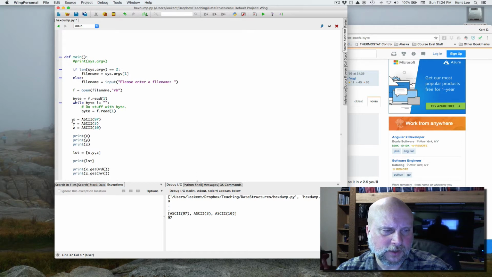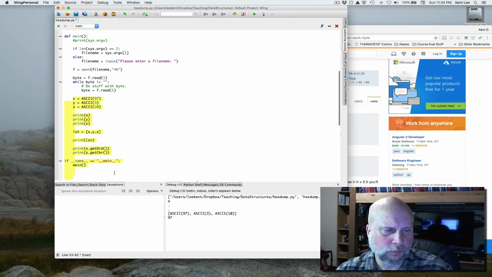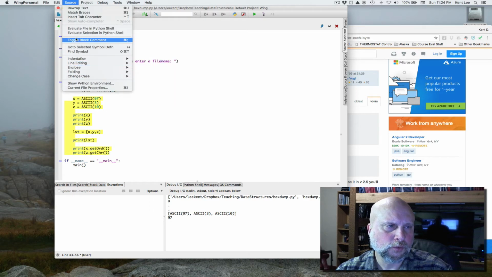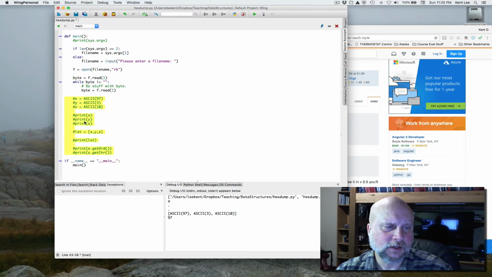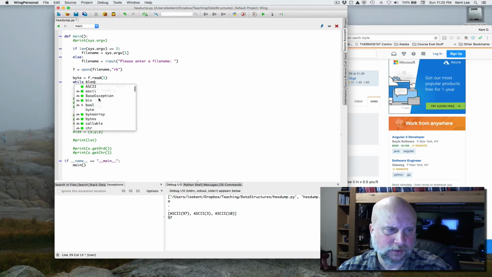I don't want to do this other stuff that I've got in here already, so I'm going to just go ahead and go up to source and do toggle block comment to comment that out. And now I'm ready to do stuff with the bytes that I read here. So this will read all the bytes of a file. I actually know that this will cause a little bit of a problem here, so we're going to say while the length